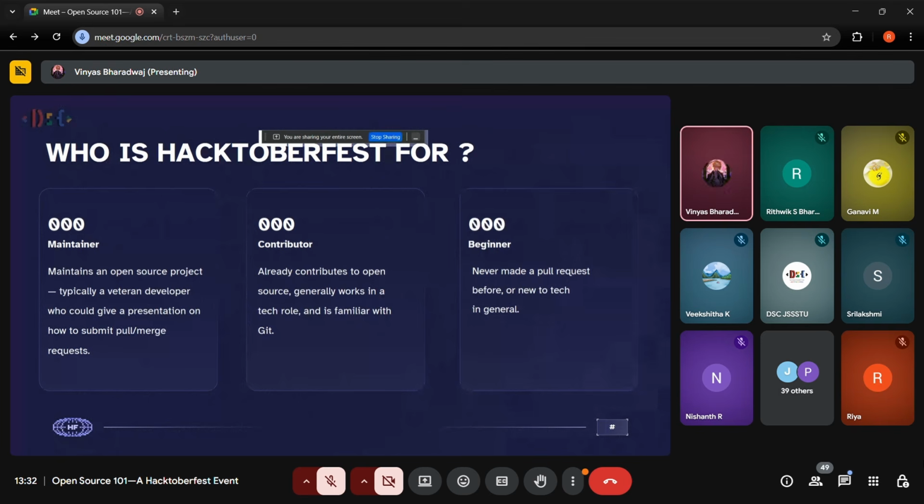So if you come under the beginner category where you're not familiar with Git or GitHub, then the first thing I would suggest you do is pick up both of these skills. They come in very handy. In your entire tech journey, you will always use Git and GitHub. So that is the step for you to do, which is create a Git and a GitHub account.